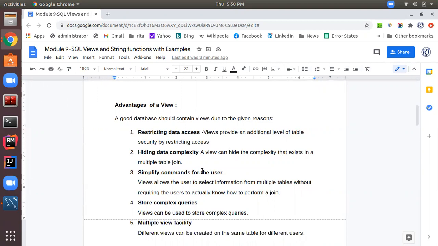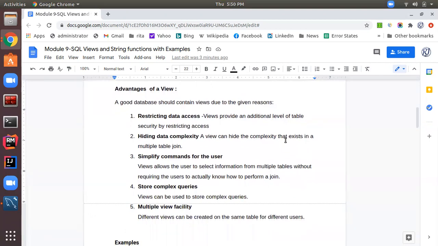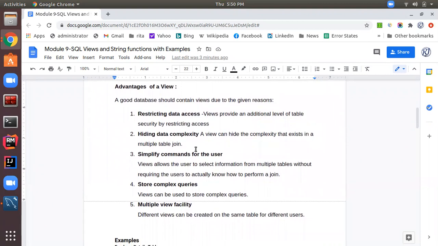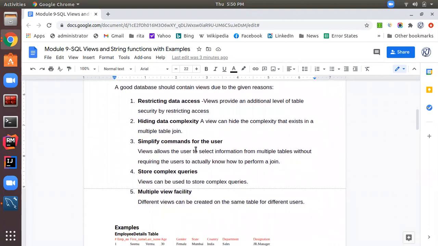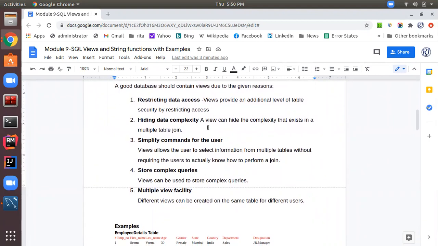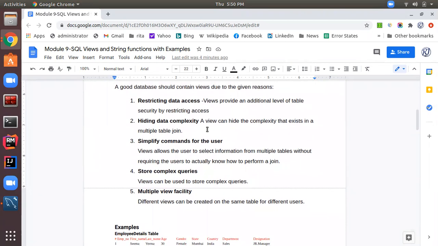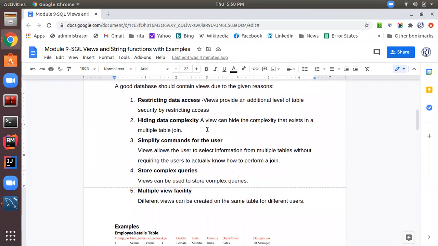Hiding data complexity. A view can hide the complexity that exists in a multiple table join. Sometimes for accessing data from multiple tables, like we did in the employee database, we get some information from the employee details like first name, last name, and we get salary information from the salary table.